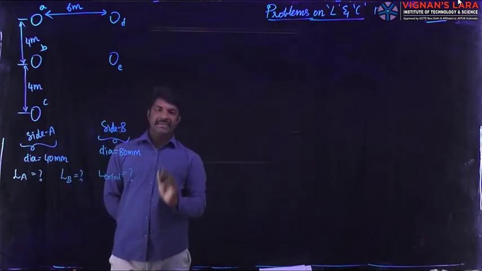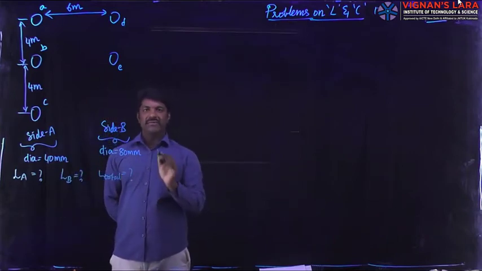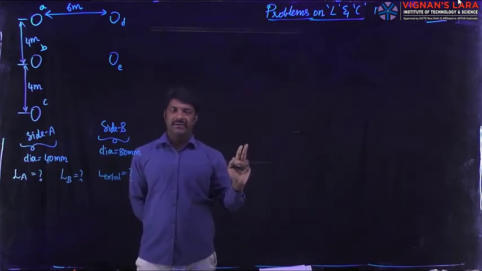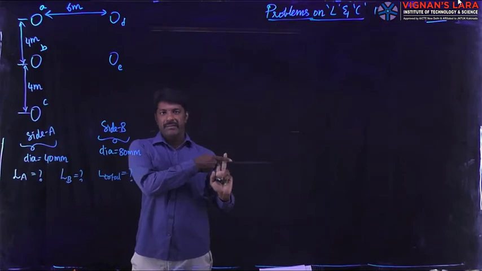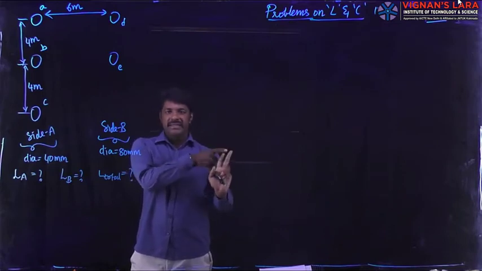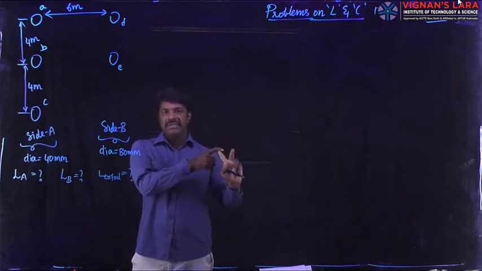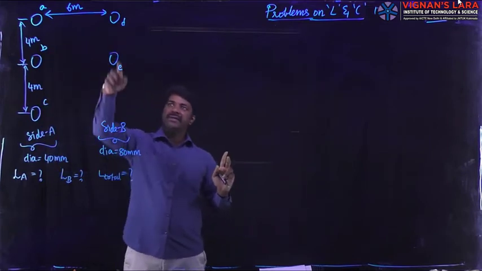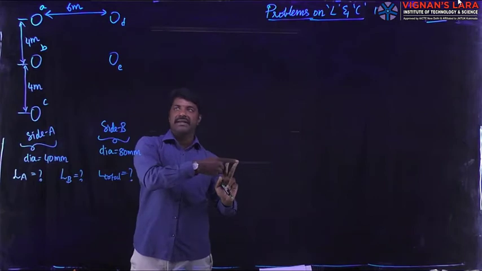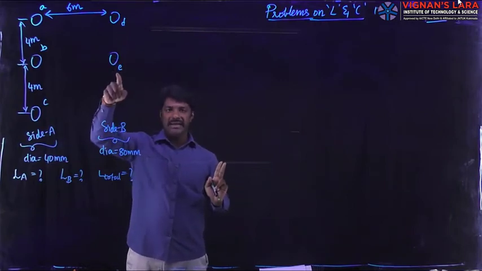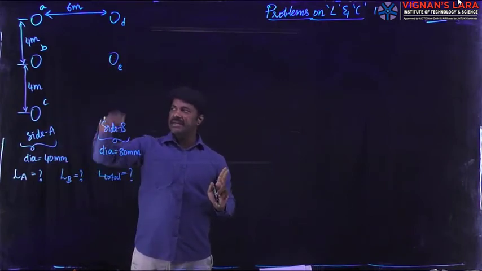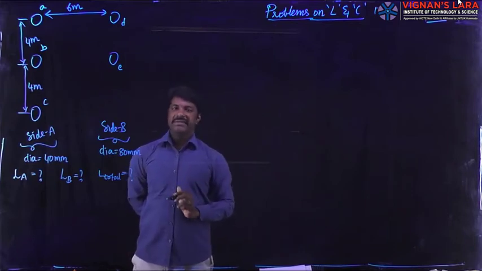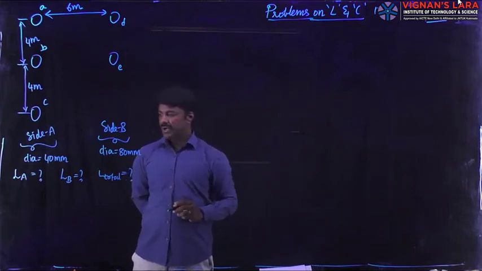So it is again a single phase system. In general, all of us know that in a single phase system there exist only two conductors, the phase wire and a return wire. But now it is a special case. This phase conductor is formed with three subconductors named ABC, and the return wire is also formed with two subconductors named DE. How to calculate the inductance of this single phase system with subconductors, we are going to see in this problem.